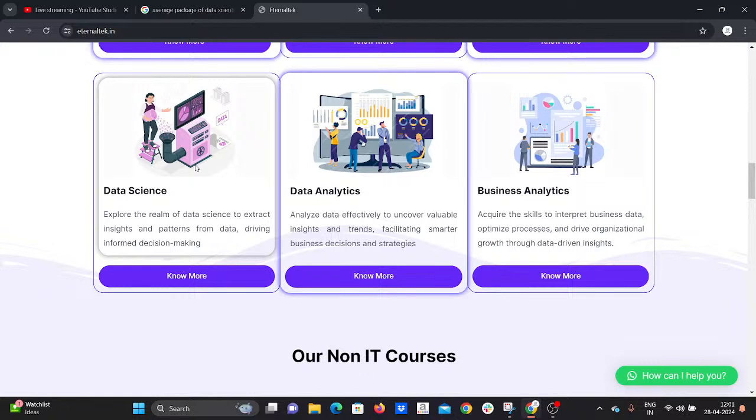Everything is practical oriented only. We don't use any slides. We go directly to the coding, we directly help with the coding, and we help with how to perform in interviews. We will arrange one-on-one sessions with HRs. We will arrange one-on-one sessions with people who already have working experience. Everything we will arrange for you.